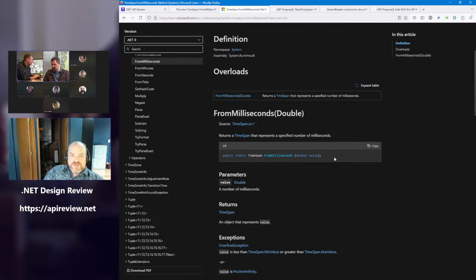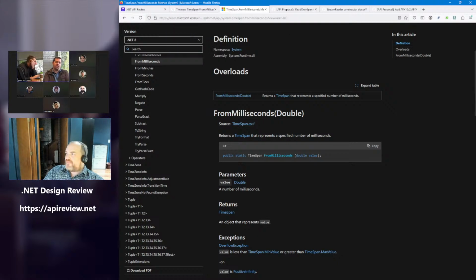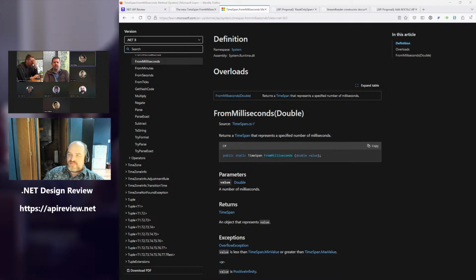Let me make sure I'm not missing what is happening here. So, existing code from 8 that was using LINQ expressions, calling TimeSpan.FromMilliseconds, was hitting the one that takes a double. Yes. We added a new overload that LINQ expressions prefers, except it prefers it and then says that it can't use it. That's right. Well, the compiler in general just prefers it because the first argument, the long argument, is an exact match. Well, it's not an exact match here. There's an implicit conversion that ends up being better due to being a built-in type.